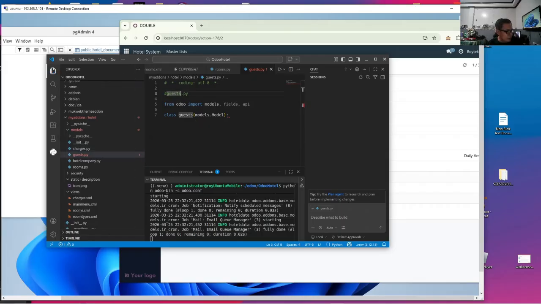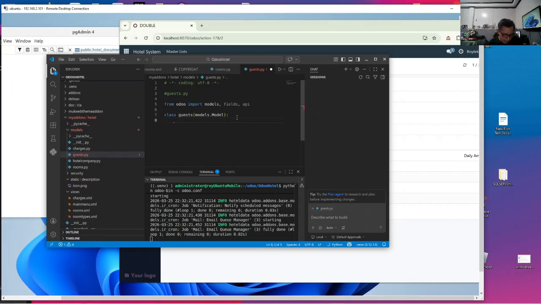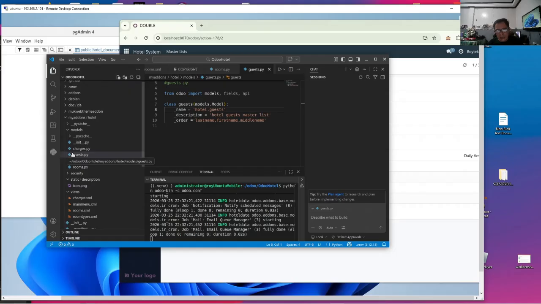Now let's add the meta fields. Okay, now this model is unique in the sense that there will be no name field, the field that is required by Odoo for every model. However, we are going to create the name field based on the fields last name, first name, and middle name. By the way, in this video, we will introduce different types of fields, especially computed fields and selection fields. Okay, so these are the metadata.